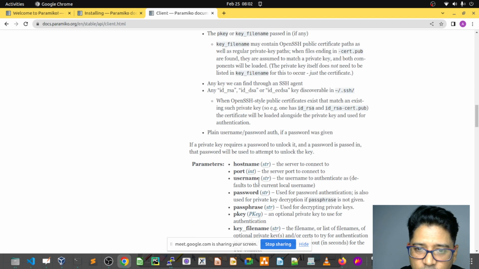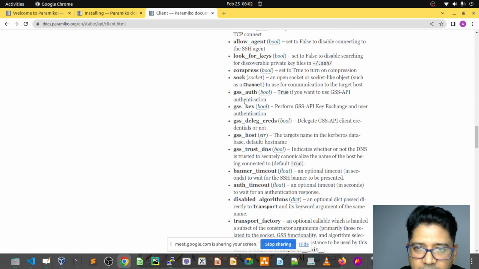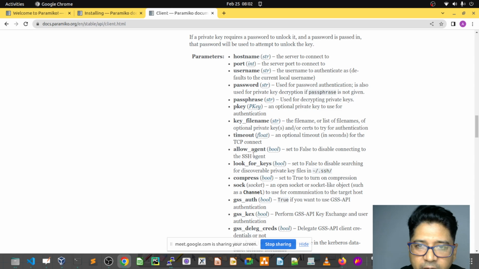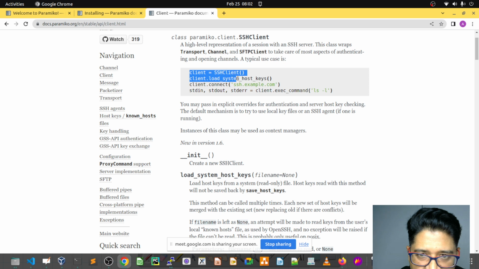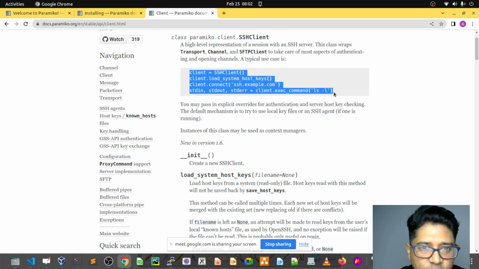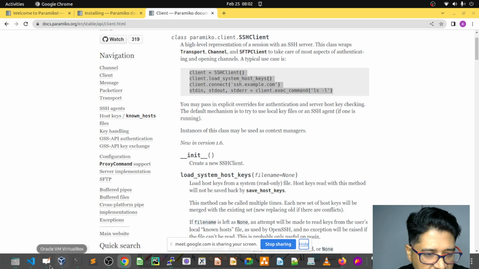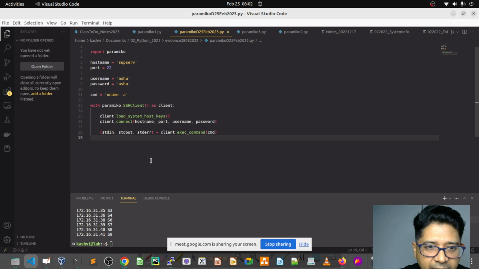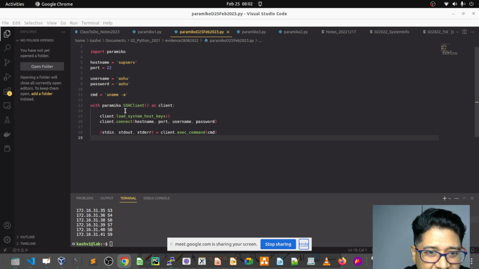Host name, how you are going to give the parameters: host name, port number as an integer, the username, password, passphrase, and other stuff. We are going to explore these things as we debug all of them. So remember this is the standard one you're supposed to use. No need to remember, just copy from here, and I have developed the same thing according to my use. Okay, clear? So with the paramiko SSH client,